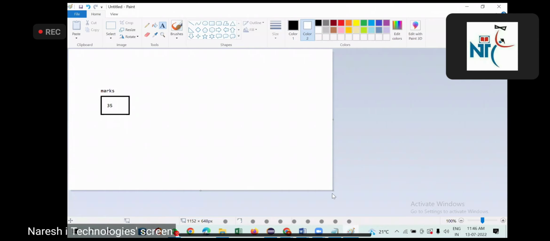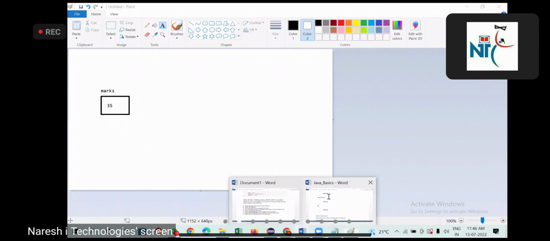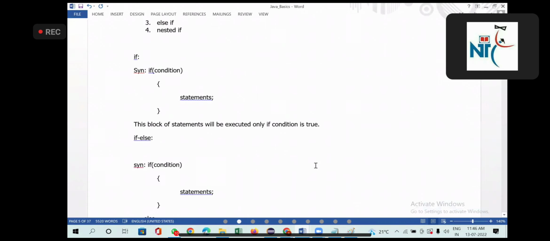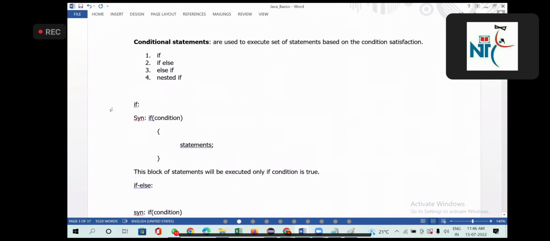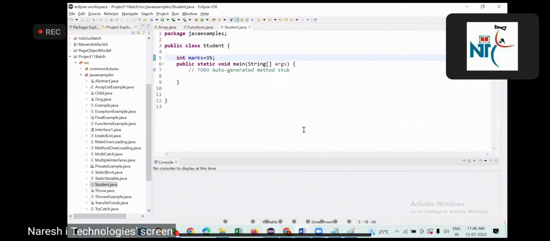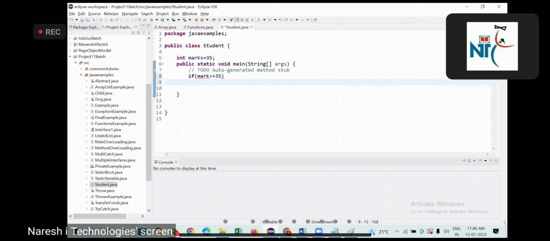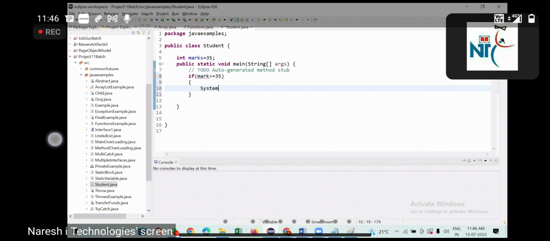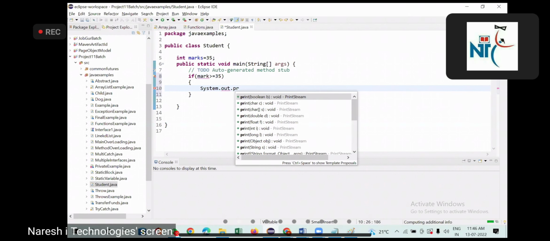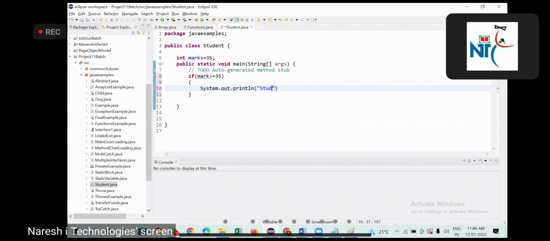Okay. Now, conditional statements. What is the first one? If. What is the syntax? If condition, execute some statements. Now I'll go here and write according to the syntax: if marks greater than or equal to 35, open the curly bracket, and I would write System.out.println student is